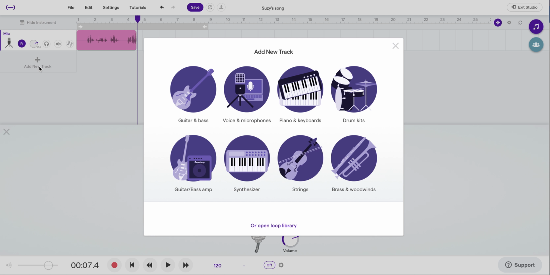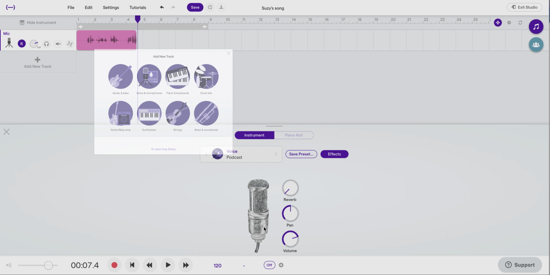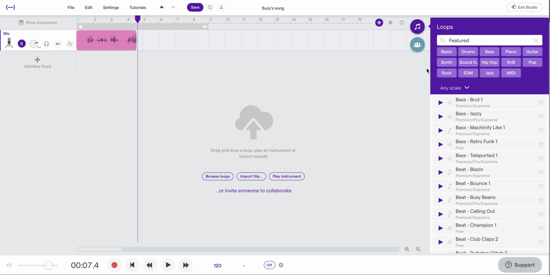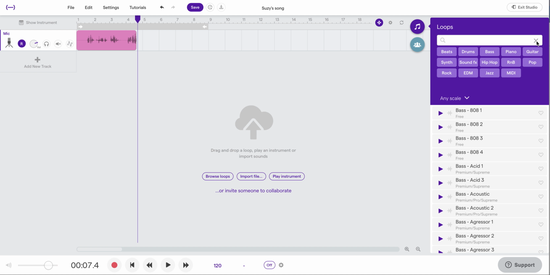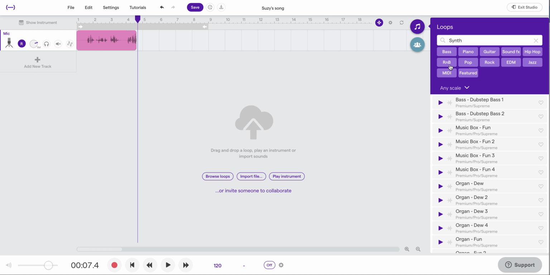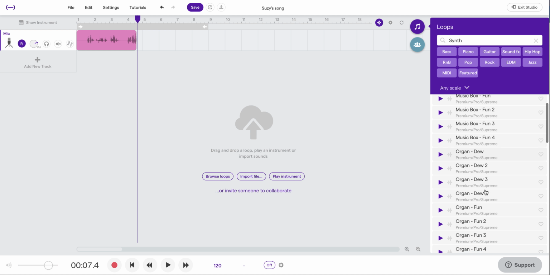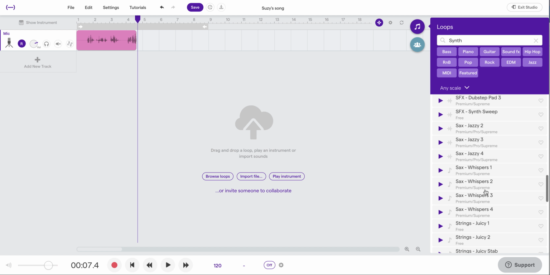Okay, so I'm going to add a new track and open the loop library. Now it defaults to featured sounds, and you're welcome to spend hours and hours going through this, but I'm going to go ahead and say I don't want featured, I just want to see the synth. I like the synth sounds for page turns. They're kind of fun and simple. And my favorite one,